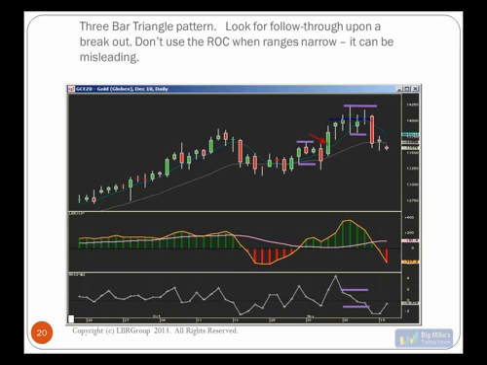So I love this little example here, and this was actually a trade that we did. We had this little 3-bar triangle pattern here, and this oscillator wasn't showing anything threatening or ominous. It just looked like we could still be in a trading range and go back down and test the lower end of the range, which we actually did. But here was a case where we had a downside breakout of this 3-bar triangle. We actually came back up off our lows, but even if you had held this trade overnight, the mere fact that we gapped up so much the next day and took out the high of this